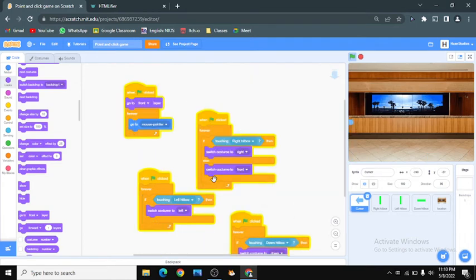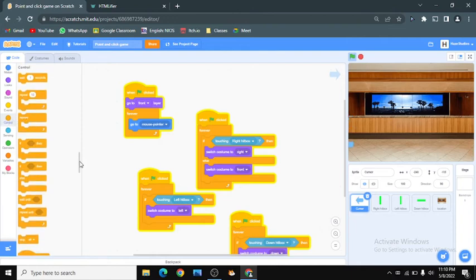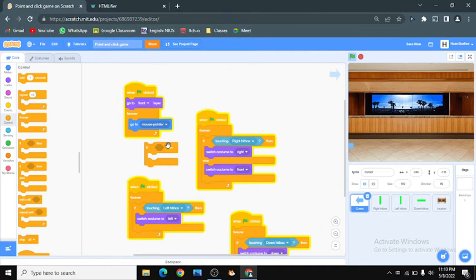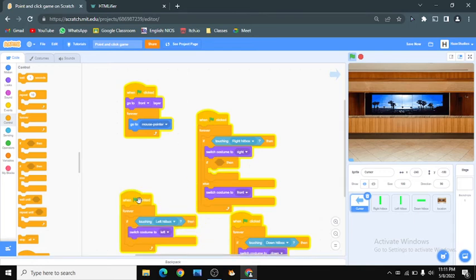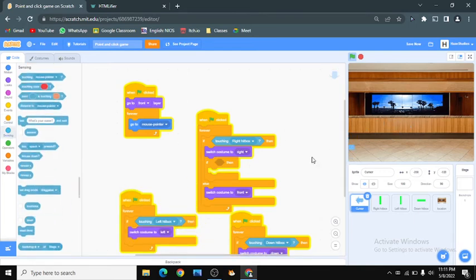Now we have to make it so that when we click on them, we can go right or left or whatever. First thing I need to tell you is that you put it inside the if, not the else. You say if touching right hitbox, switch costume to right, if mouse down.